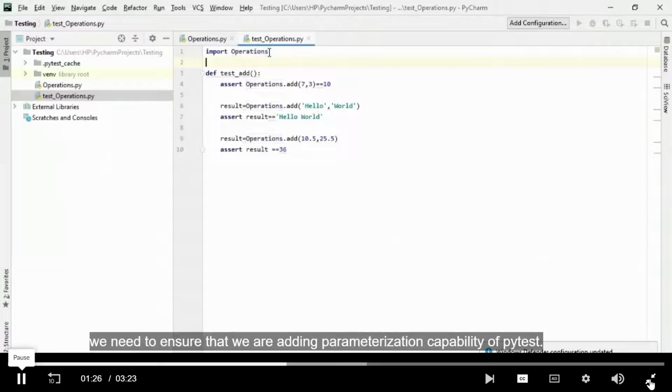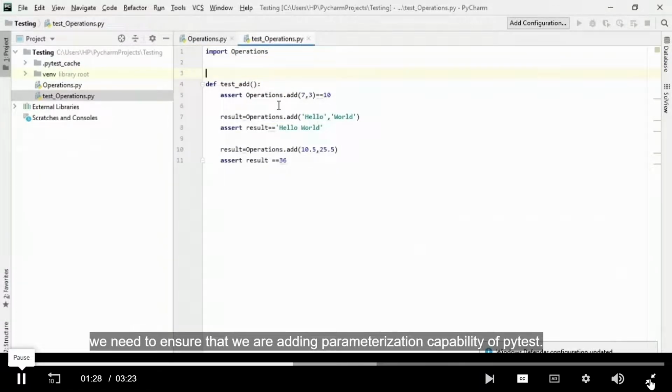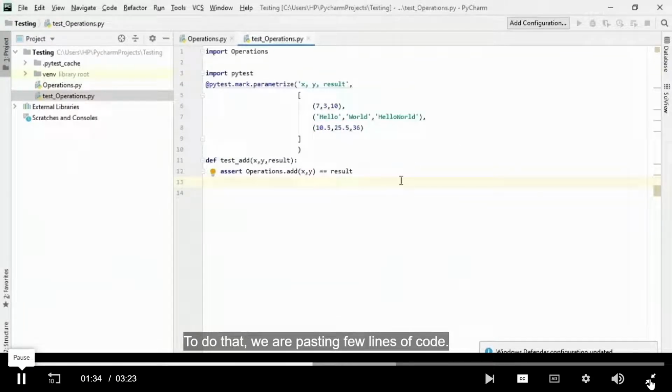To simplify it, we need to ensure that we are adding the parameterization capability of PyTest. To do that, we are pasting a few lines of code. In line number 3, we have pasted import pytest. Line number 4, we are defining the parameters. We have written